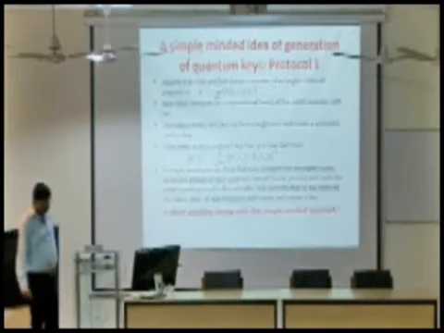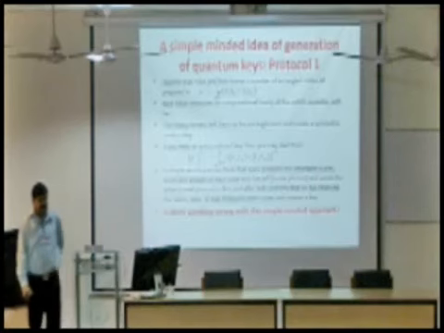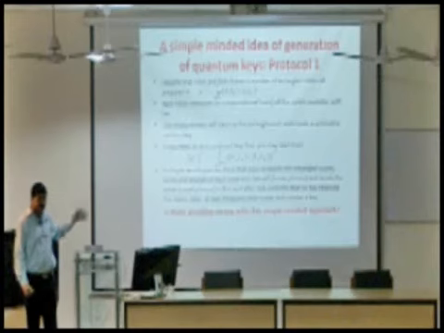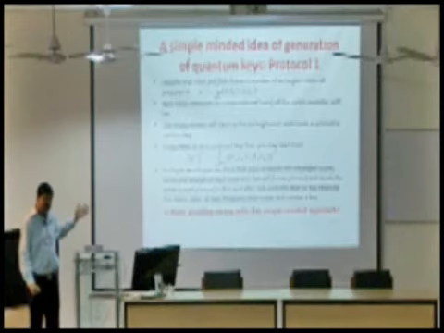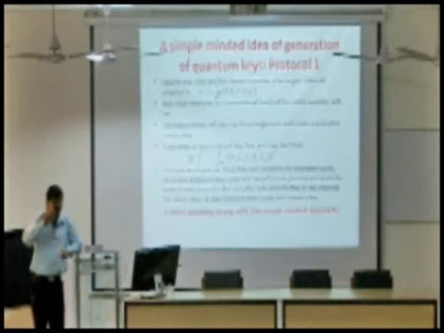The wrong is that if instead of Bob, Eve appears in between and Eve measures the travel photon, then Eve will also get 0 when Alice's photon collapses to 0. Eve will also get 1 when Alice's photon collapses to 1. And then he can make a copy of this, because 0 and 1 are orthogonal states. You can make a copy with a NOT gate, a CNOT gate, and send it to